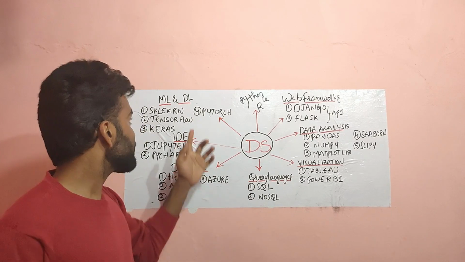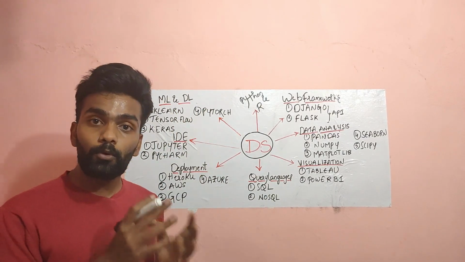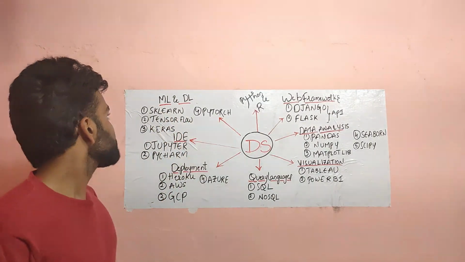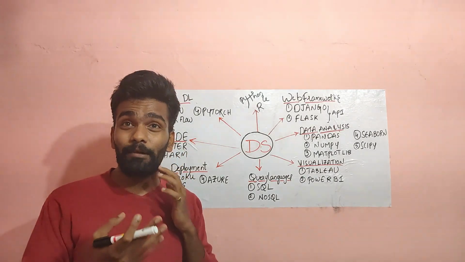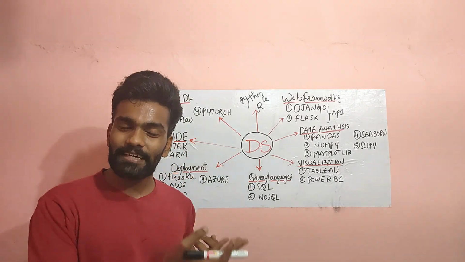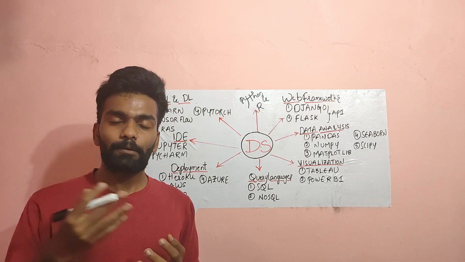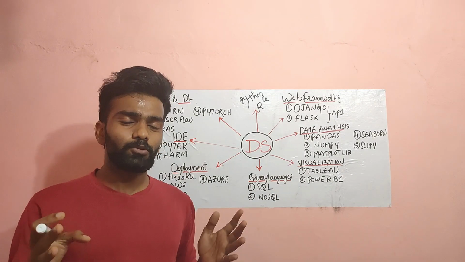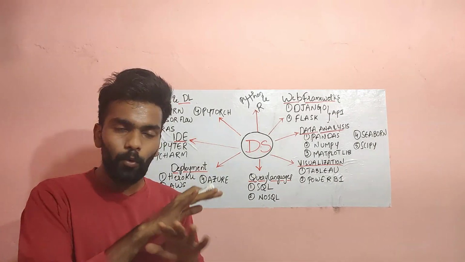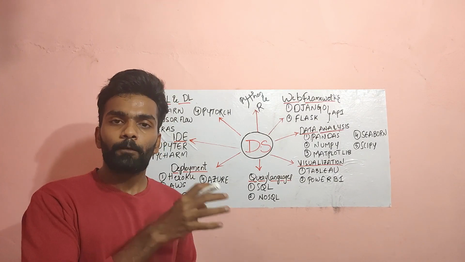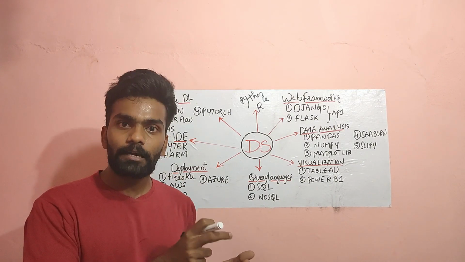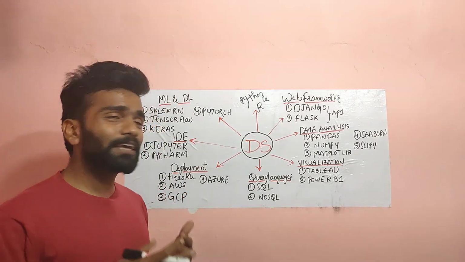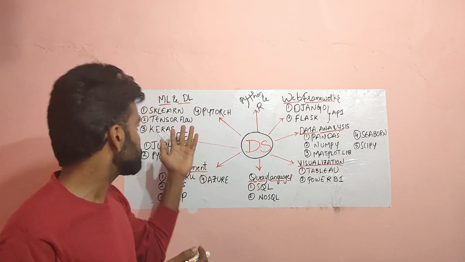And the next one is ML and DL. In ML and DL, you have to know about sklearn, scikit-learn, TensorFlow, Keras, and PyTorch. Like in machine learning, there will be some algorithms like for supervised learning, linear regression, logistic regression, SVM. There will be a lot of algorithms. Similarly for unsupervised learning, similarly for deep learning, there will be a lot of algorithms. You don't need to write any code for those. Just understand what a particular algorithm does and how to use that particular algorithm. If you know that, then we can simply import those things from these packages.